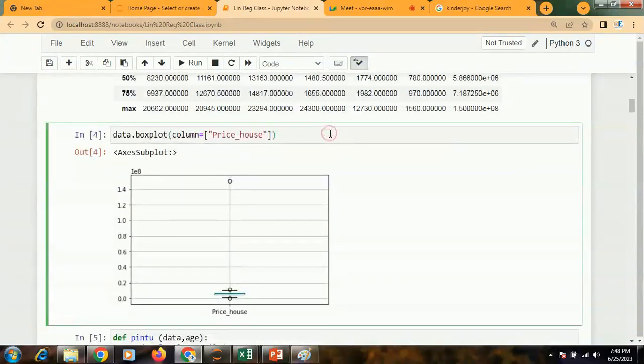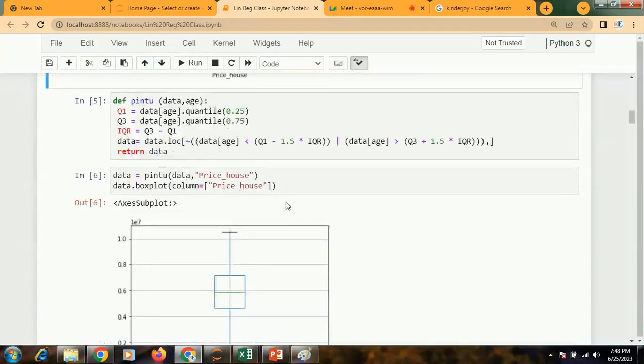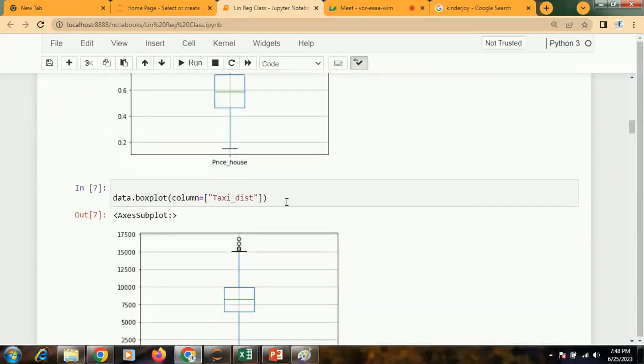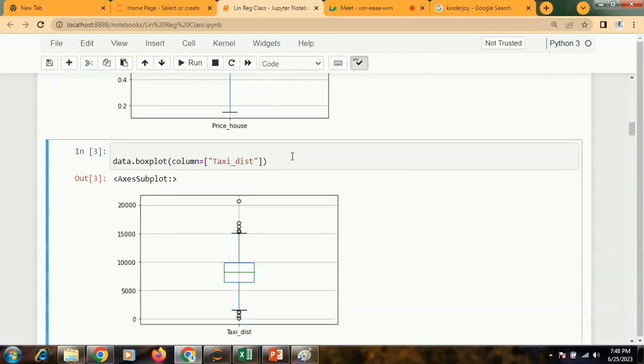If I execute the box plot, can you see there are some circles appearing over here? For example, if I show you another one like taxi distance, can you see there are dots above this line or beneath this line? They are my outliers.